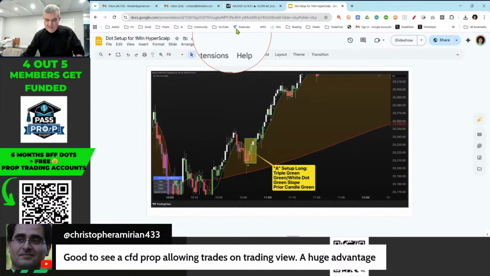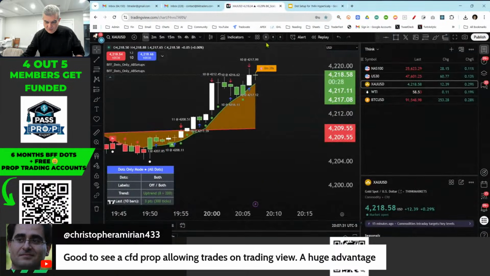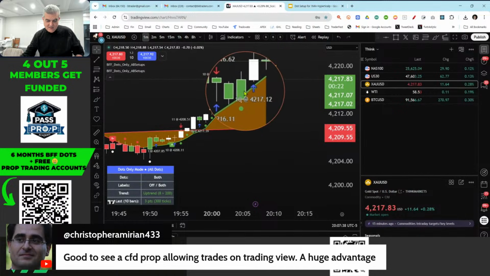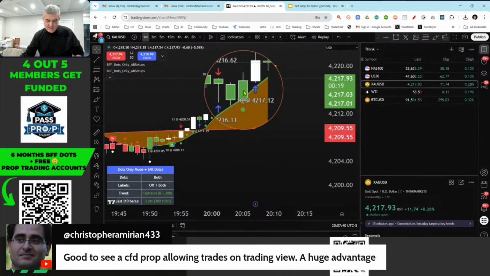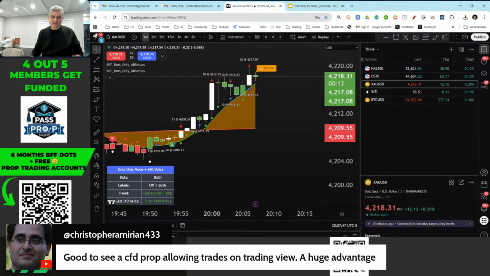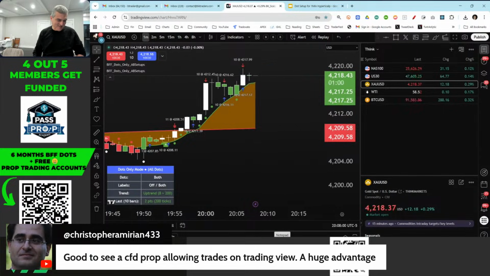We go long. And as you can see over here, that was the trade. If you go over here, you can see that slope is green. Prior candle is green. This candle is a green dot, means it's a burst candle. So we just went long, and it was a super easy, clean pop to the upside. You blink, you snooze, you lose, man. Don't blink with Think. That's the motto today.